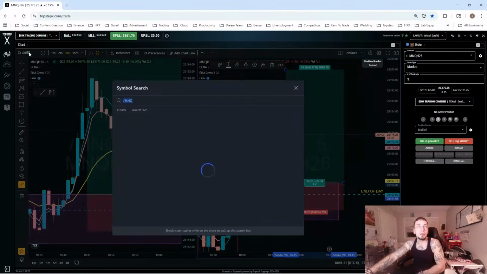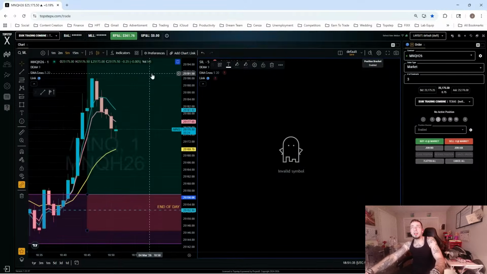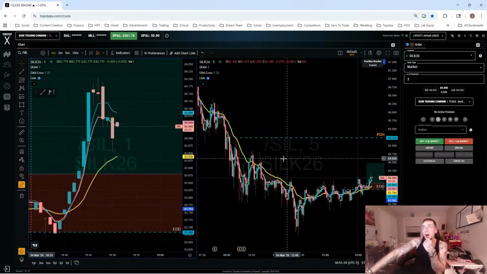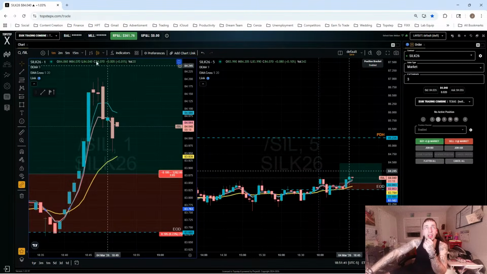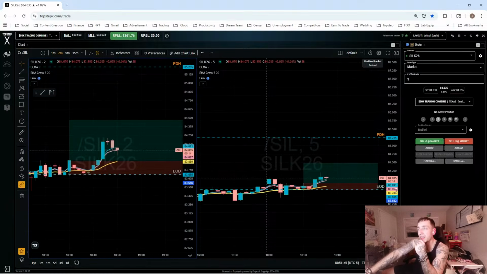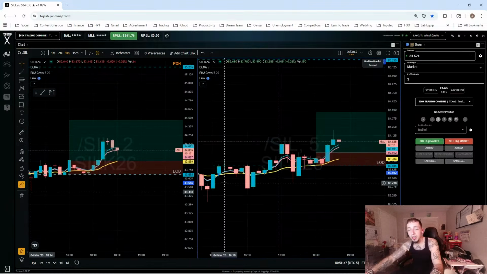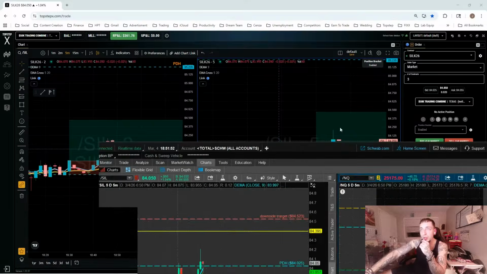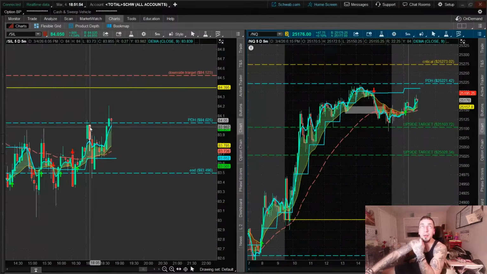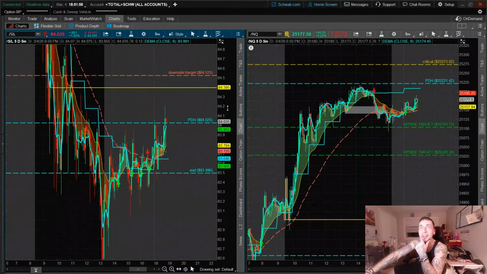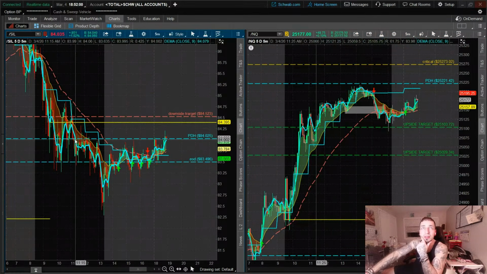Good. Great. Wonderful. All right, silver. I'm feeling like I want to make a little bit more money on silver, and I feel like silver's going to give it to me. You know why she's going to give me the money? Let's look at it. On silver, let's do a little larger time frame analysis. Silver, we're bouncing off PDA. No, we're not. Whoops.